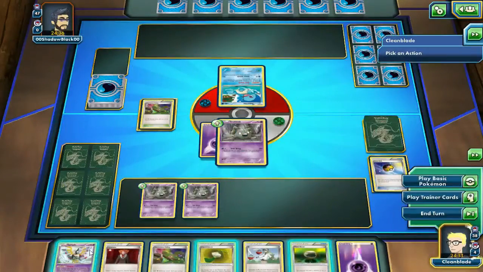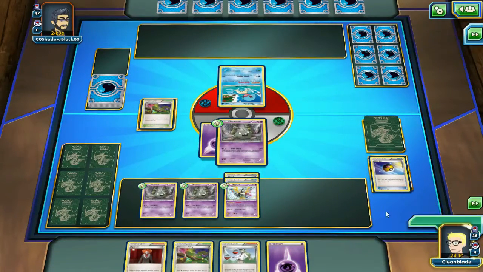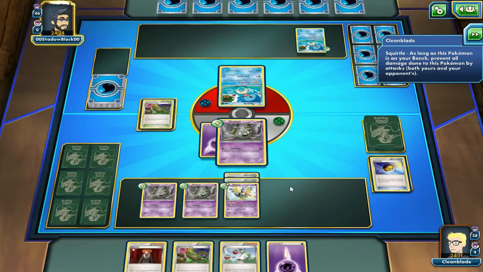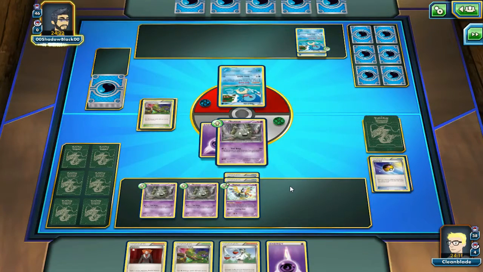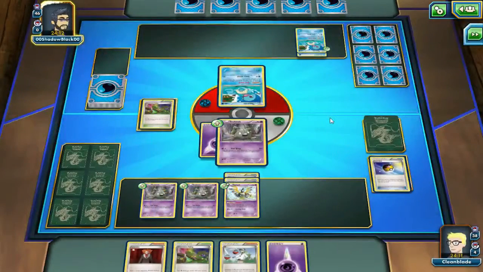So the biggest weakness to this deck is Startling Megaphone. But it isn't played very often. In Expanded, a lot of people have this tendency to run Tool Scrapper over Startling Megaphone, which is a big plus to Trubbish. All they do is get rid of 2 tool cards, and that's it, instead of losing like 6 or 7 or 8 tool cards, because that could really hurt us and put us in a really bad position, if that makes sense. So right now, we use the ability Tool Drop, which does 20 damage for every tool card in play,